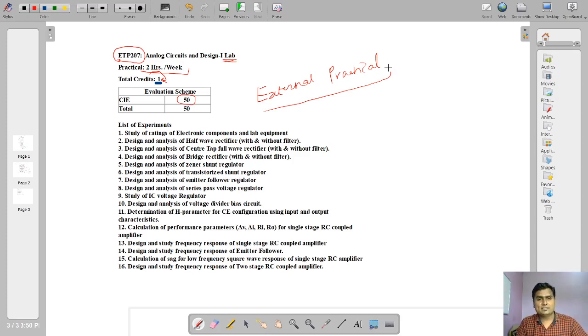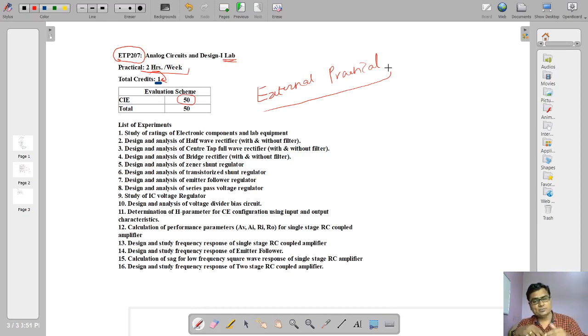So this subject has an external practical examination. You will have 3 external practical exams in this semester. For C language, there is an external practical. For this ACD, there is an external practical. So you have to face the external practical, and you should be very serious about it because the examiner does not belong to us. A third person will come and evaluate.